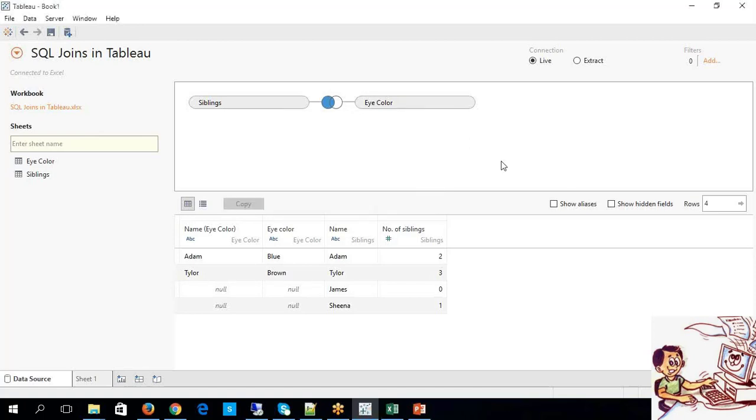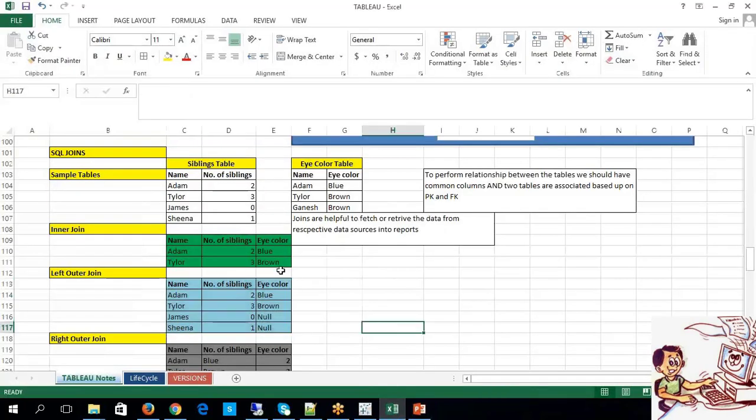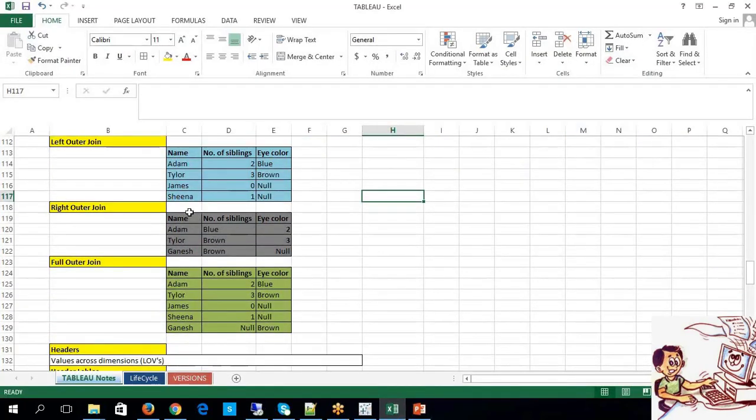And one more question, Ganesh. Will it be possible to connect with multiple data sources with this? Absolutely possible. 100% possible. That is the beauty of the dashboard. I'm going to show you those examples. I'm going to show you that, Harish.